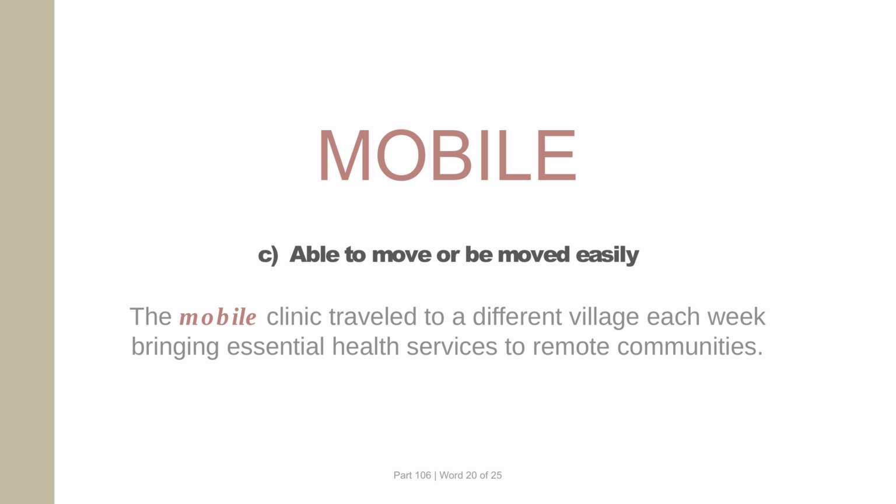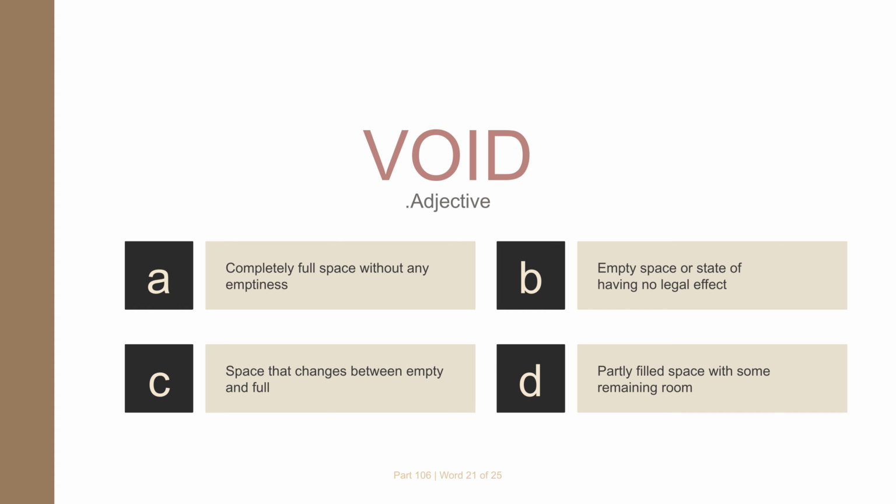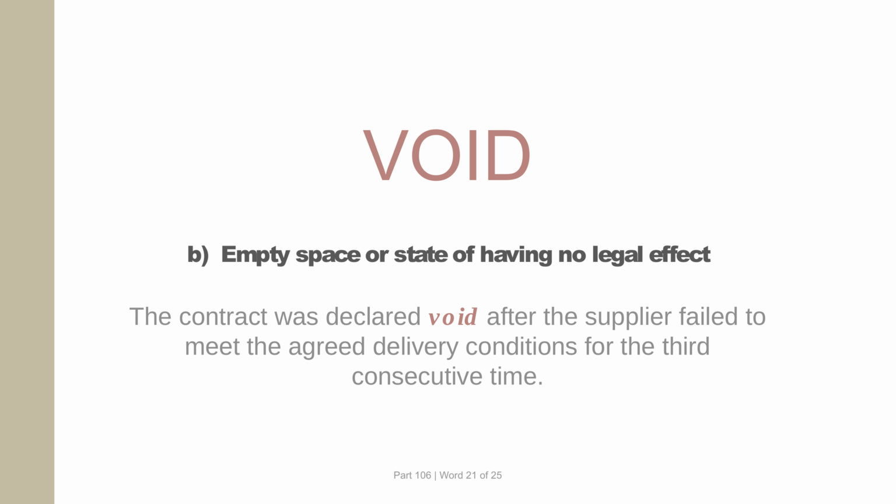Question 21. What is the meaning of void? Option A: completely full space without any emptiness. Option B: empty space or state of having no legal effect. Option C: space that changes between empty and full. Option D: partly filled space with some remaining room. Correct answer, option B. The correct meaning of void is empty space or state of having no legal effect. Example: the contract was declared void after the supplier failed to meet the agreed delivery conditions for the third consecutive